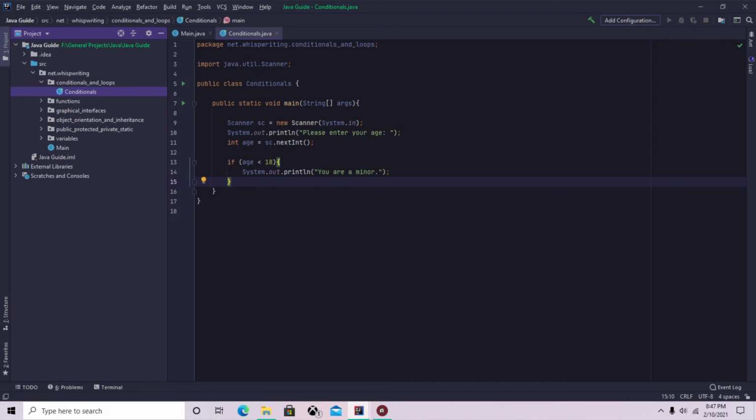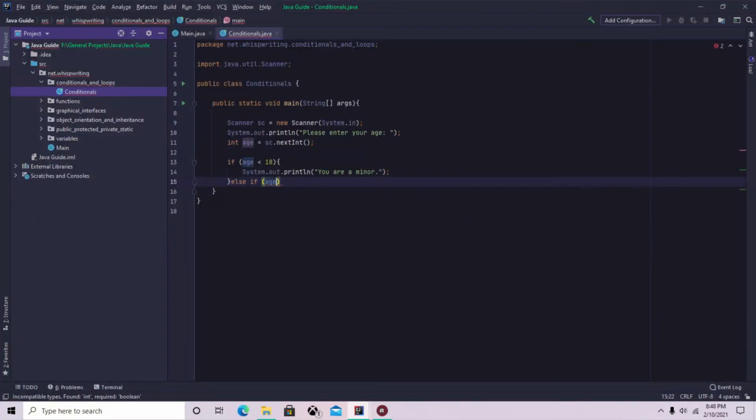And we can add multiple layers to a conditional statement. So we have an if. We can also have an else if, which adds a second condition that we'll check. So if this first one is false, then we'll check the second one. So else if